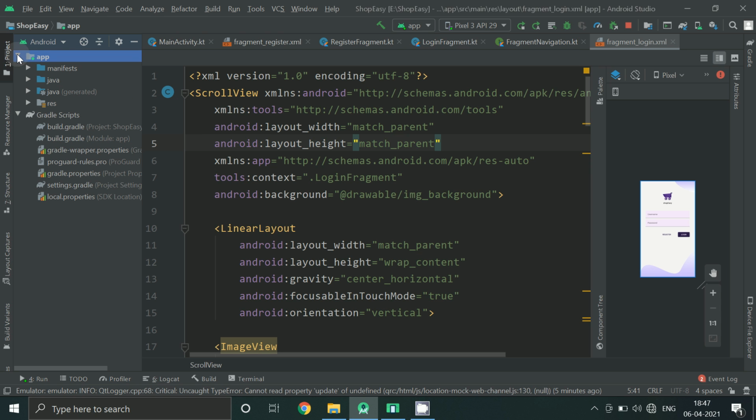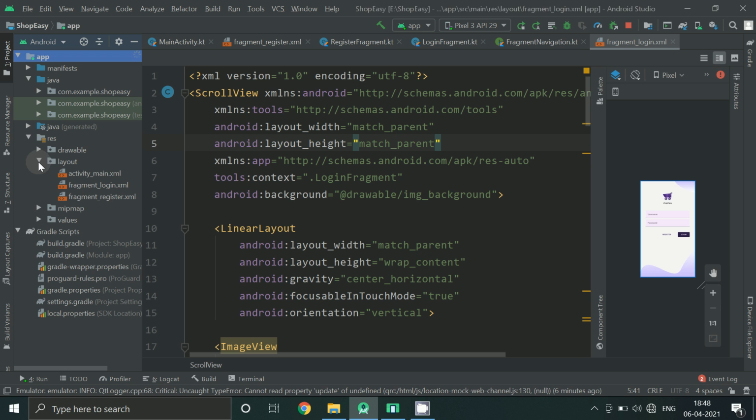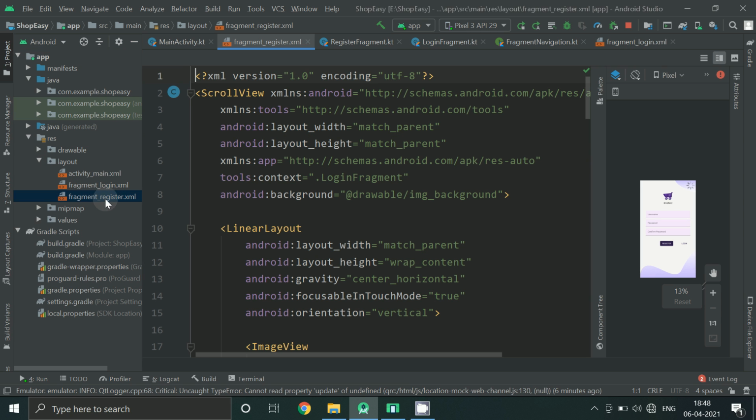So first of all, we will go to layout file of register screen. So you can see fragment register.xml is here.